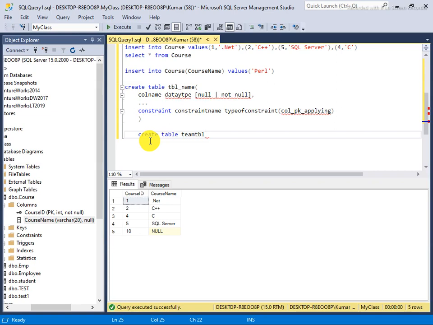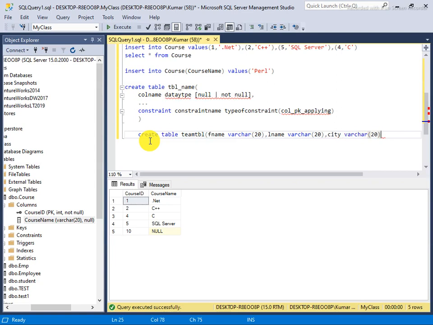I say F name varchar, size 20, and again L name for last name, varchar 20, and maybe city, varchar, it's also 20.